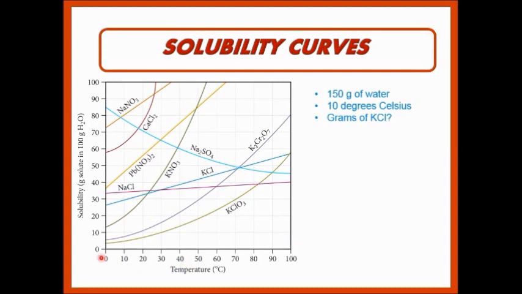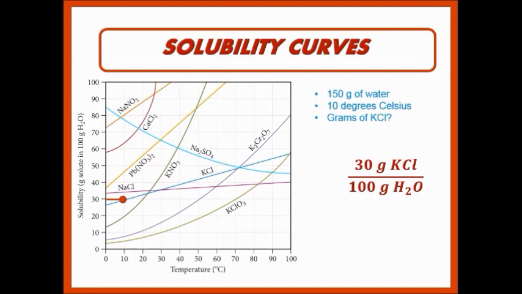of water. Going over on the x-axis to 10 degrees Celsius and moving straight up until we intersect the line corresponding to KCl, marking that spot on the KCl solubility curve and moving horizontally to the y-axis, it can be determined that the maximum amount of KCl that can be dissolved in 100 grams of water at 10 degrees Celsius is 30 grams. You can then use this information as a conversion factor to convert grams of water to grams